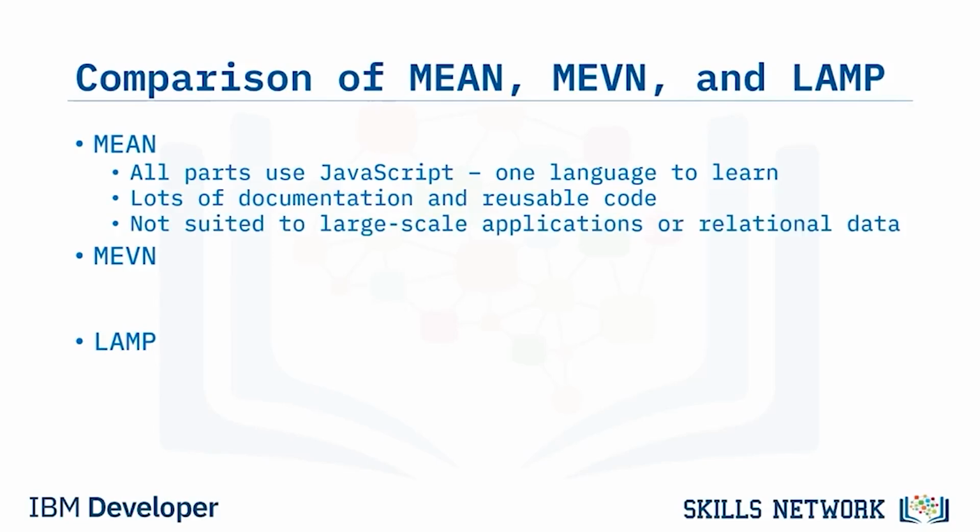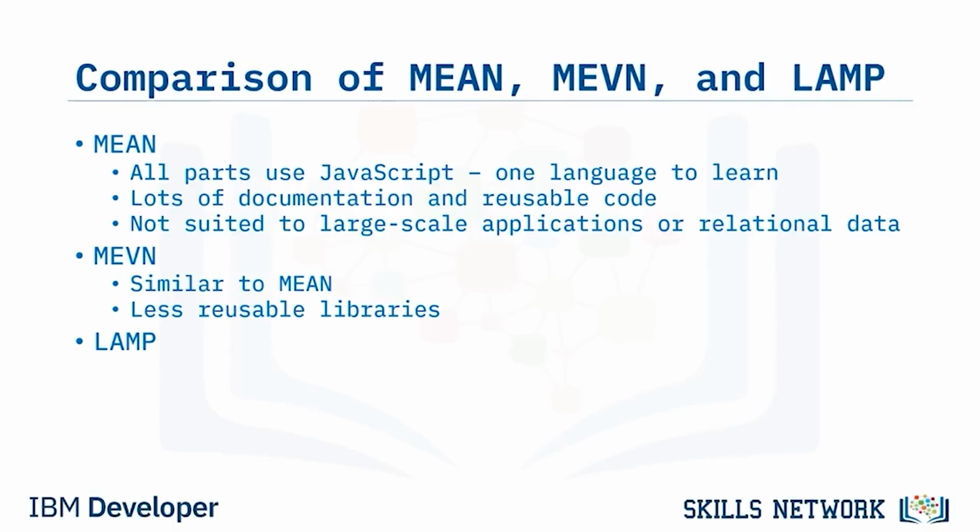However, the MEAN stack may not be well suited for large-scale applications. When using Express.js, the business logic often resides on the server, preventing the reuse of some services, like batching operations. And MongoDB is great for unstructured data, but it doesn't provide the same level of functionality as a relational database. The MEVN stack is a web stack, like MEAN, but it uses Vue.js instead of Angular for user interfaces. MEVN and MEAN stacks have similar advantages, but Vue.js is a much newer technology and doesn't have as many reusable